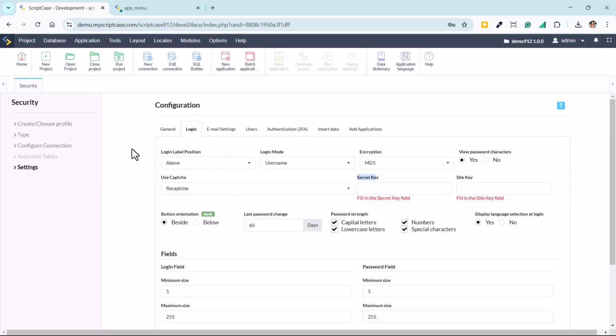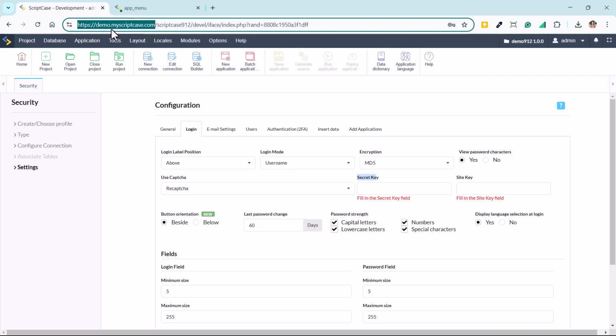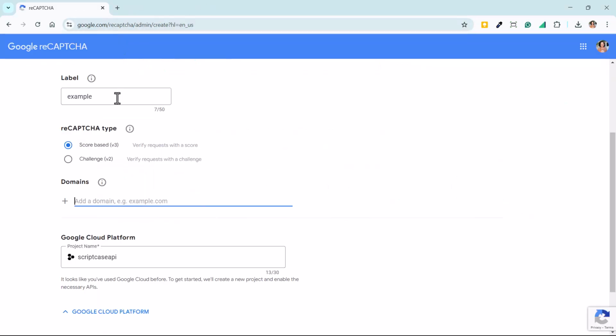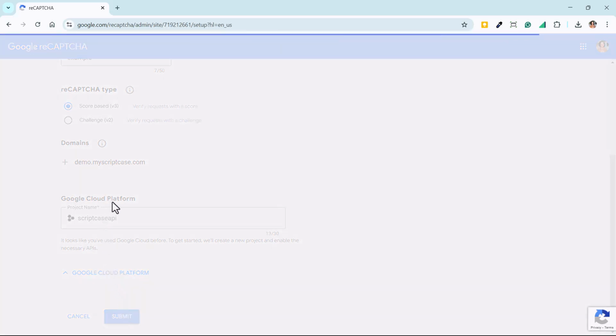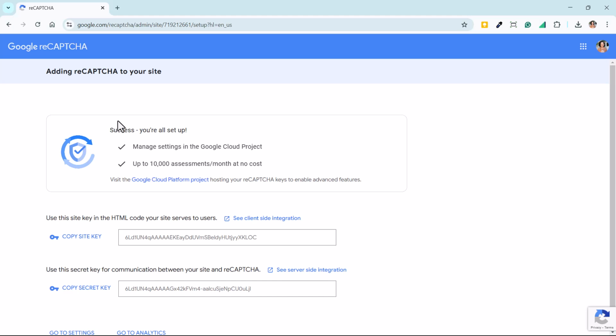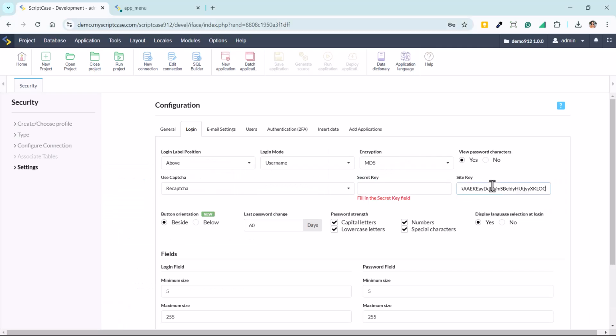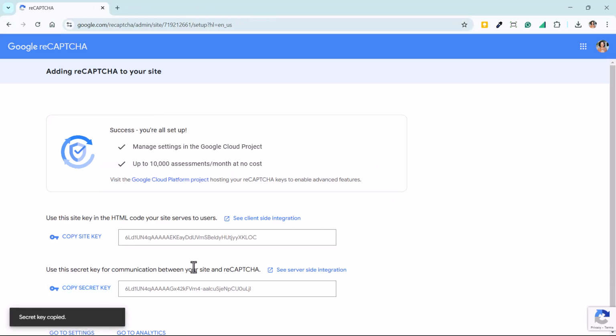In this case, we have, for example, demo.scriptcase.com. I have to add it like this, without the HTTP. And then submit. Google will generate the site key and the secret key. I'm going to copy the site key and secret.